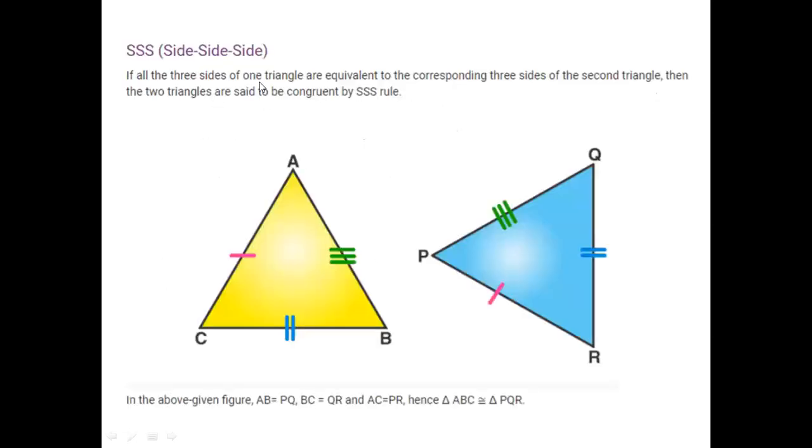So let's see first, side. This is one of the rules that we are using. We will have that the two triangles are equivalent to each other if the corresponding three sides are equal, like it's described here: AC is equal to PR, PQ is equal to AB, and CB equals RQ. Usually these rules are given for triangles, and you should use one of them to prove why the triangles are equal. So this is what is given.